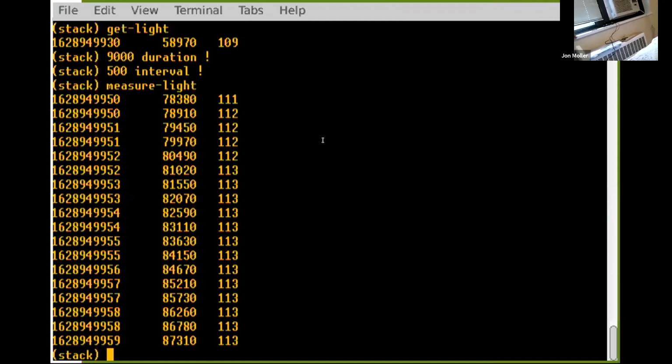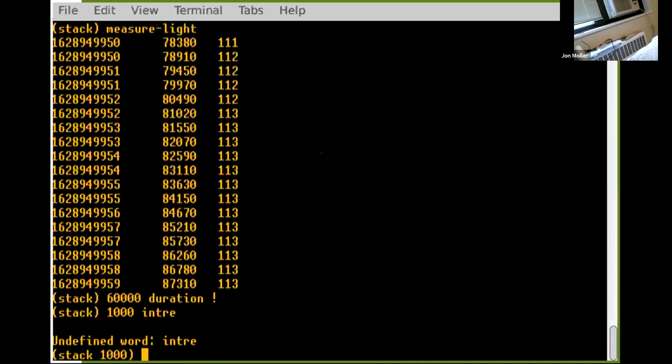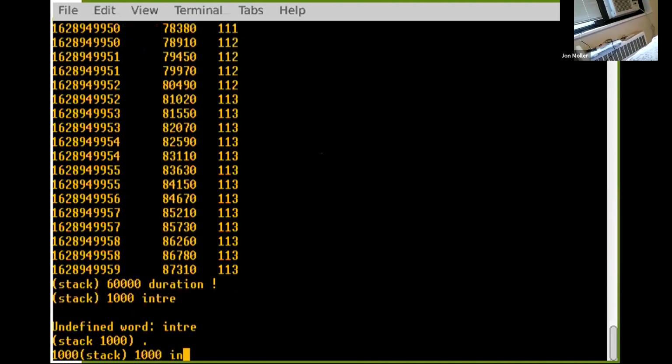And I'll show you the solar cell. Okay, yeah, so that's the solar cell there. It has a little bubbled window, I guess, that concentrates light. And again, just some jumper cables connecting it to the ESP8266. I'll put this back in the window and do some hand waving here. I can set 60,000 as the duration, and then 1,000 as the, oh, that's not going to work. Get rid of that. 1,000 as the interval,